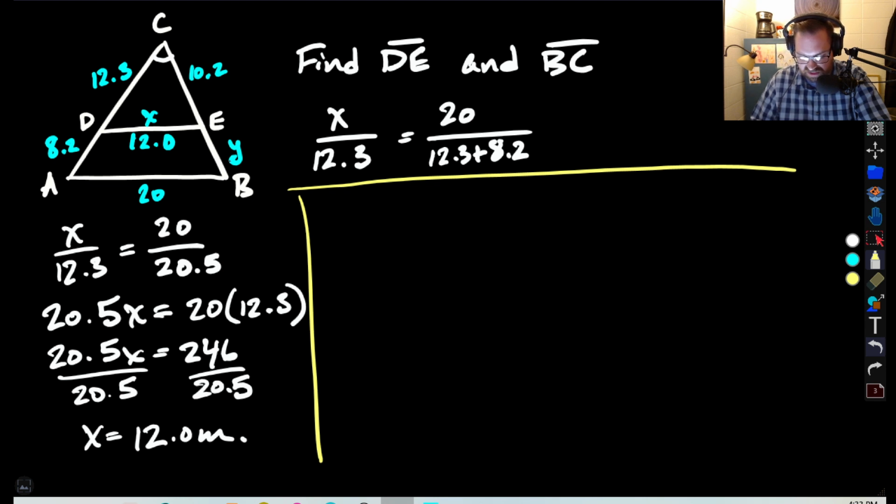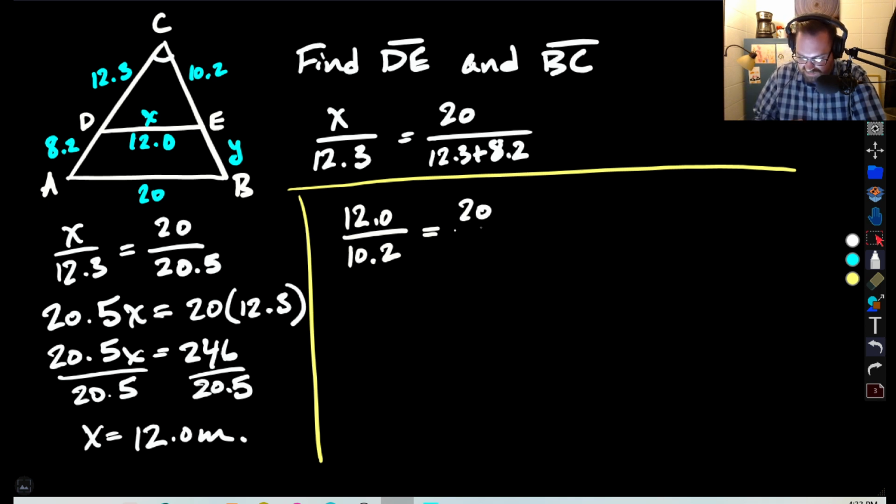But you'll notice that it's a missing piece, but we can still use it. So let's go ahead and do that. So we've got 12.0 divided by 10.2. So this base to that thing,